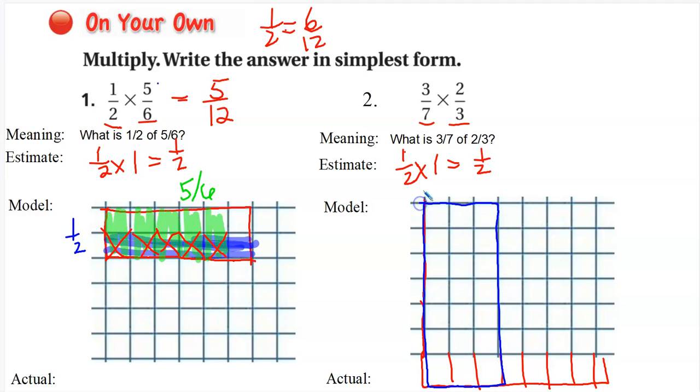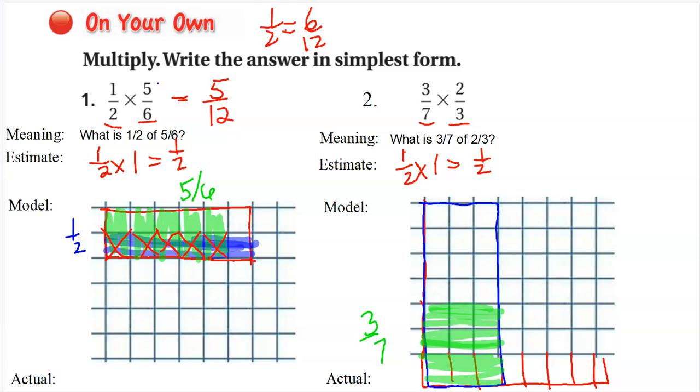So there's my rectangle. Now notice I've got 7 rows, right? 1, 2, 3, 4, 5, 6, 7. And I need to highlight 3 of them, right? That's how I show 3/7. So let's get the highlighter, and I usually highlight from the bottom. I don't know why, it's just my habit. So there's 1, 2, there's 3 rows of 7ths. There's my 3/7,